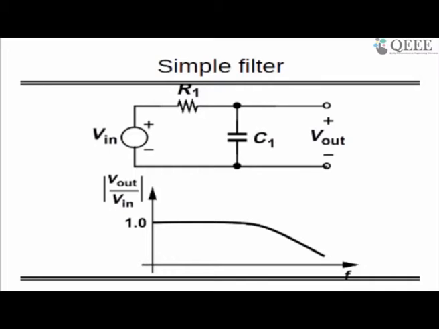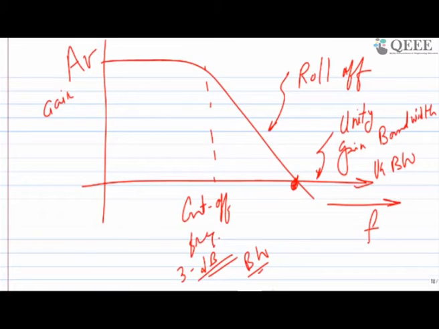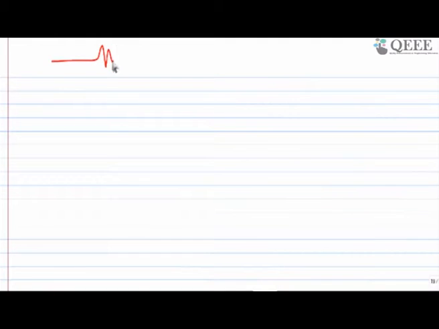So this is the common circuit maybe you are going to see everywhere. If I decompose my BJT, I am going to see R1 and C1. If I decompose my MOSFET, I am going to see R1 and C1. How I am going to see it, I will tell you after 2-3 slides. But the main crux of the story is, if I have R and C, resistance and capacitance,